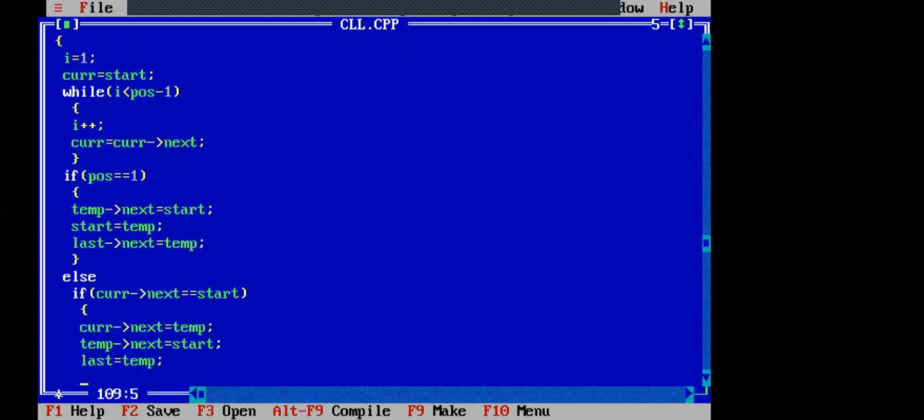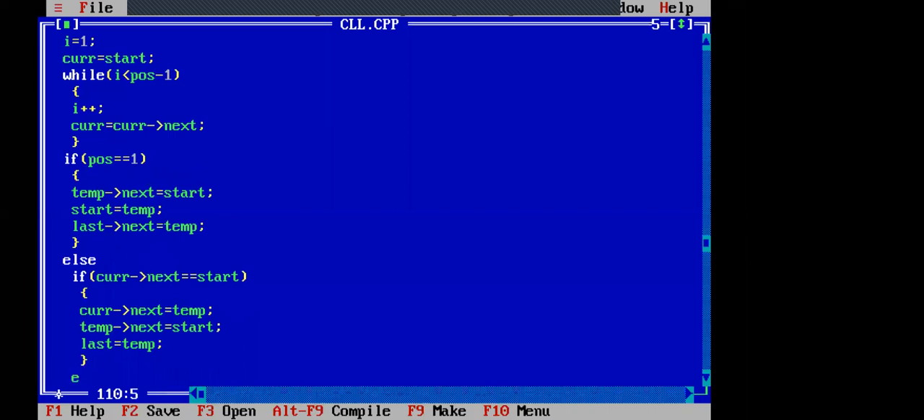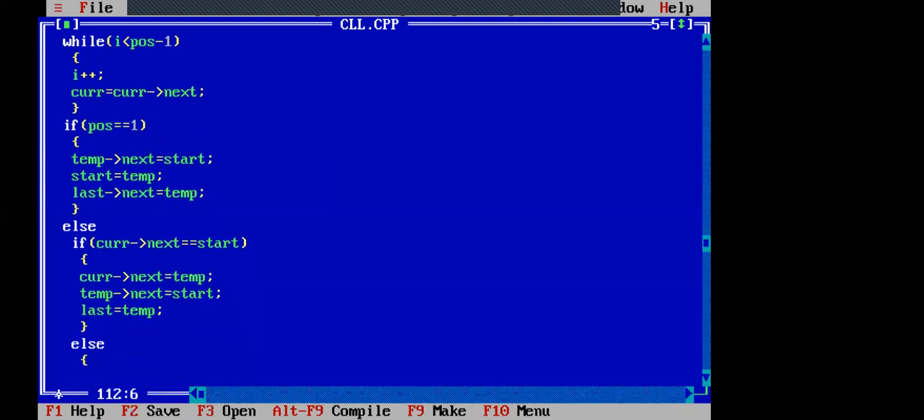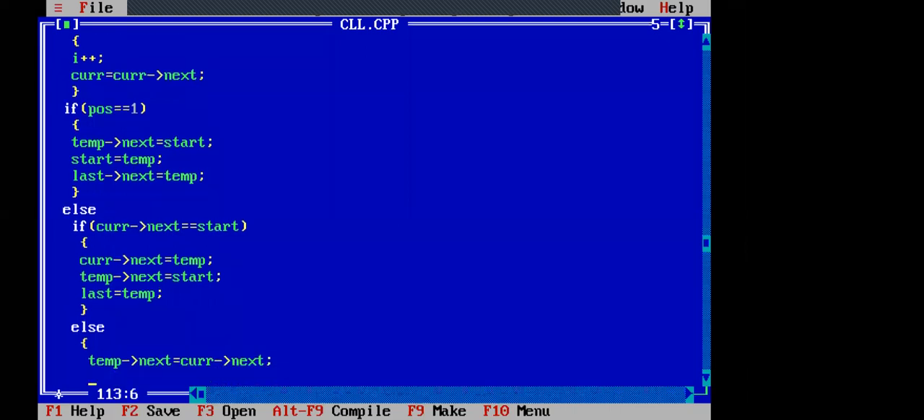Else, it is an intermediate node. So temp dot next equal to current dot next, then current dot next equal to